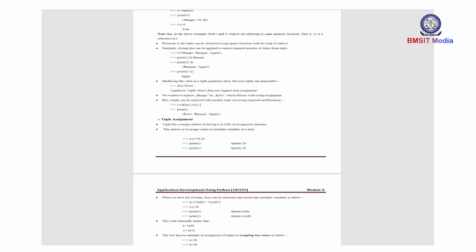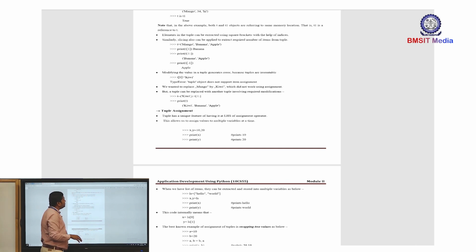Okay. Next, how to extract the elements? Okay. In the tuple, it can be extracted using square brackets with the help of indexes. So for extracting the elements in a tuple, you again go for using what? The array method or the square bracket method. Okay. Now